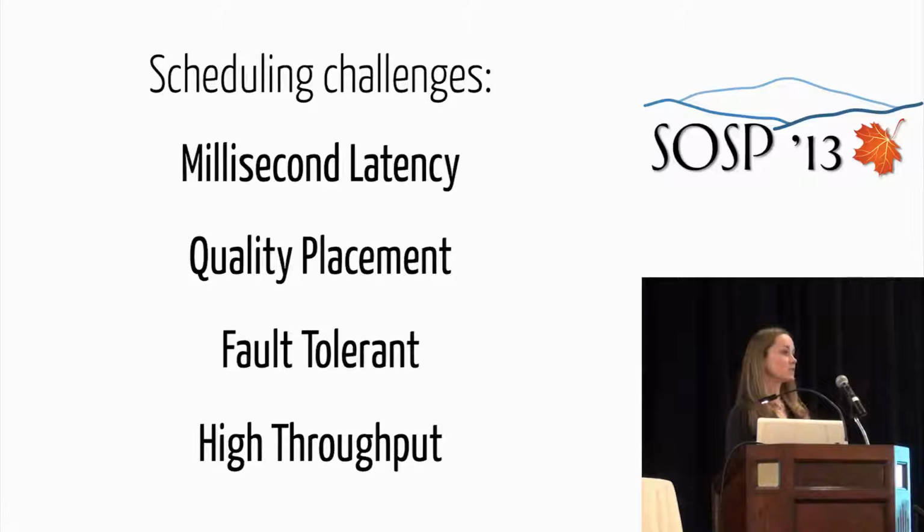First of all, many of these jobs achieve low latency by striping work across hundreds or thousands of parallel tasks. The scheduler needs to place all of these tasks on machines where they won't have to wait a long time before being run. Even one task placed on a machine where it has to wait a while will slow down the completion time of the entire job. The scheduler also needs to provide quality placement in the sense of satisfying constraints and satisfying fairness policies across many users using the cluster. A third challenge is fault tolerance.